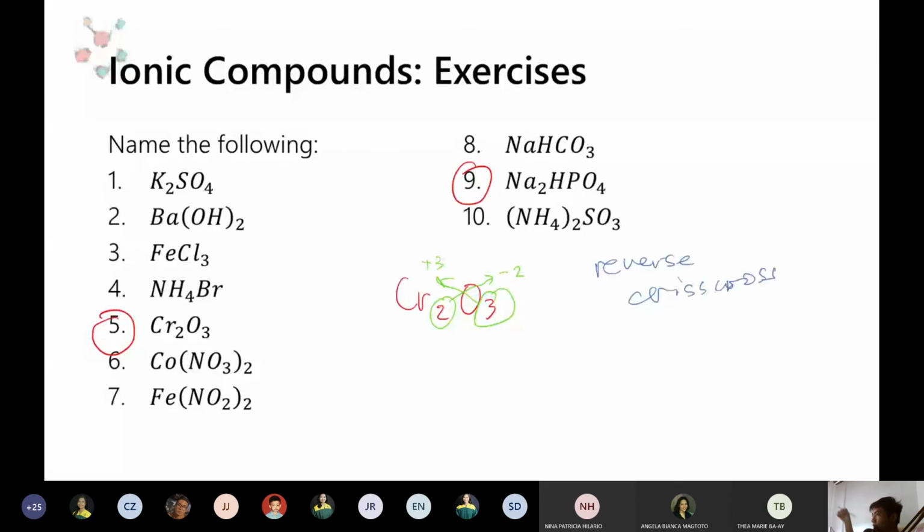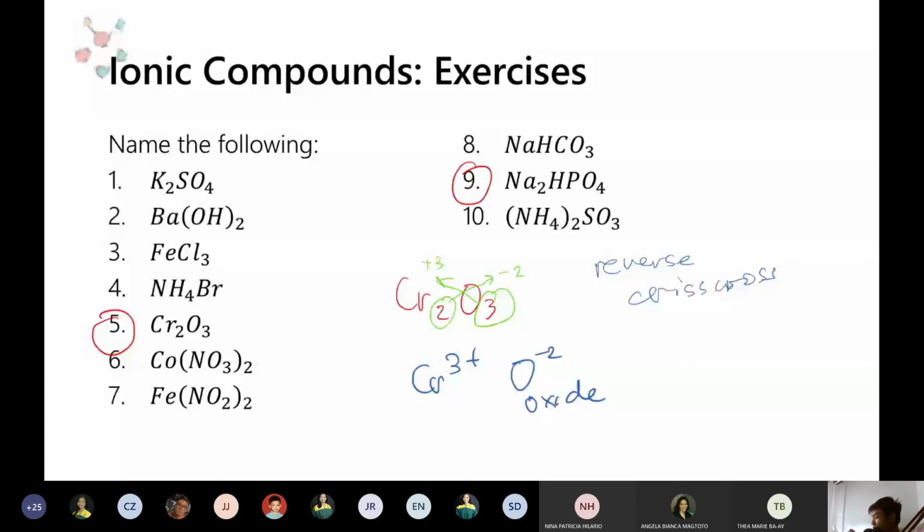So reverse crisscross, instead na pababa, pataas yung direction ng iyong numbers, no? So itong 3 na to, ayan ay galing kay chromium. Itong 2 na to, galing yung kay oxygen. Okay? So that means my chromium is positive 3 in charge. My oxygen is negative 2 in charge. The name of oxygen negative 2 is oxide. The name of Cr3 plus is chromium